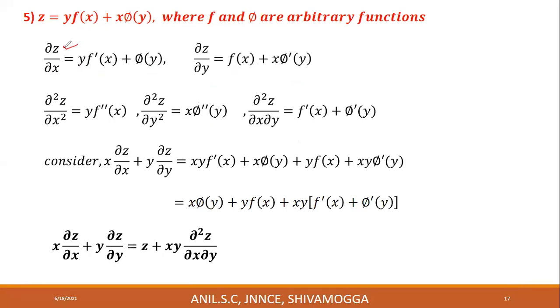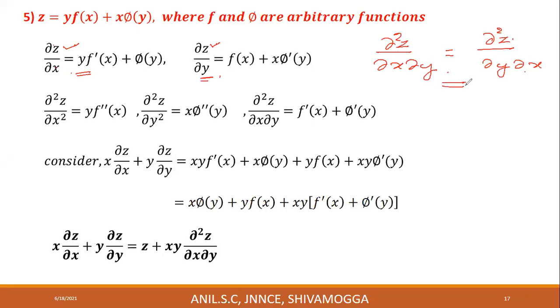You either differentiate this equation partially with respect to y, or you differentiate this equation partially with respect to x. In either way, you can do that. I differentiate this. Partial derivative of del z by del x with respect to y is del square z divided by del x del y. If you differentiate this equation partially with respect to x, it is denoted by del square z divided by del y del x. And we know that del square z divided by del x del y is always equal to del square z divided by del y del x.